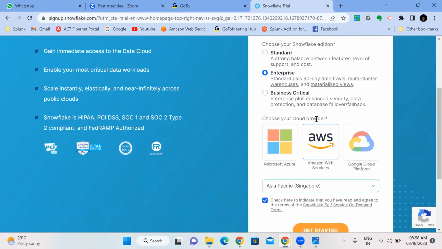Immediately it will start. Then Snowflake will contact the AWS people, talk business with them and ask for resources. Based on your usage, they keep on allocating. At the back end it is doing everything. Snowflake will take care of it. Got my point? It is none of our business.